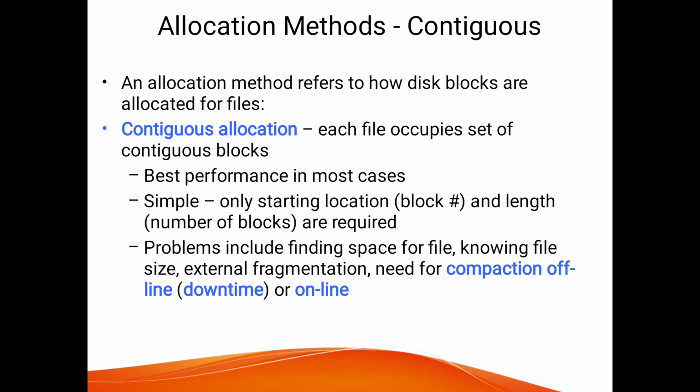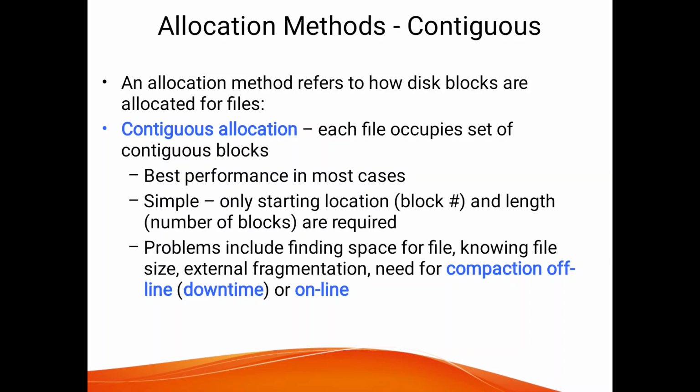Next, the allocation methods, starting with contiguous allocation. Allocation methods refer to how the disk blocks are allocated for the files. In contiguous allocation, each file occupies a set of contiguous blocks. It gives the best performance in most cases and is simple, since only the starting location and the length are required. The problems include finding space for a file, knowing the file size, and external fragmentation, which needs